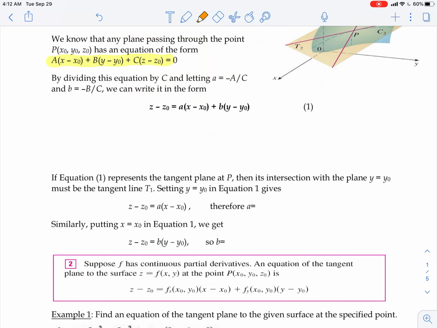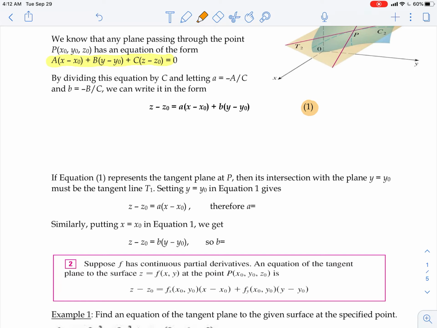So if equation 1, everything that's denoted as equation 1 has that highlight right there. So that's equation 1. If equation 1 represents the tangent plane at P, then its intersection with the plane y equals y sub 0 must be the tangent line T sub 1. Setting y equal to y sub 0 in equation 1 gives